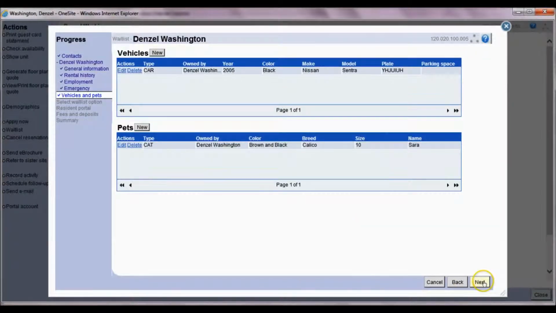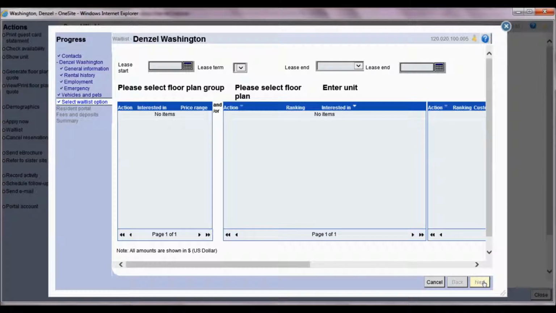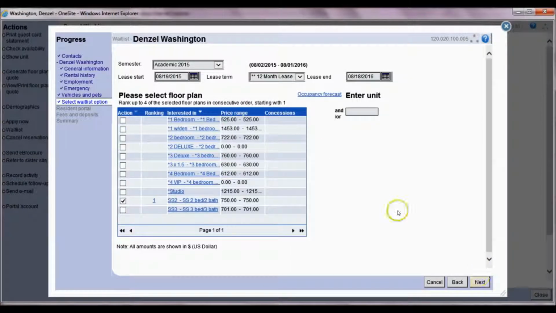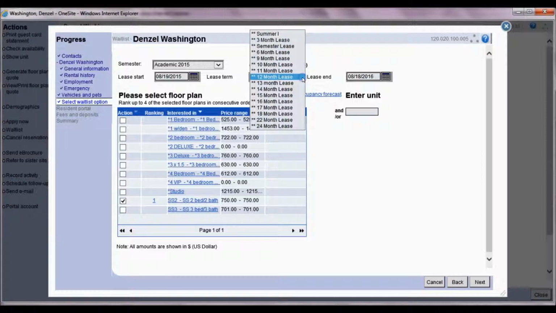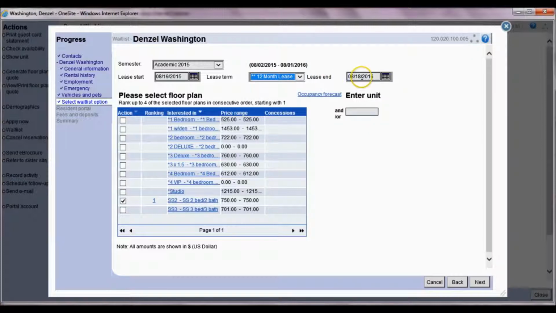Our next page will be our waitlist option. This is where we'll confirm the academic year, the lease dates, and the floor plan. Any of this information can be changed during the waitlist process by using the calendar icons and the drop-downs. We'll want to ensure that the lease start date and the lease end date based on what they've signed or applied for is correct. The original floor plan that we recorded for them when they were entered as a prospect